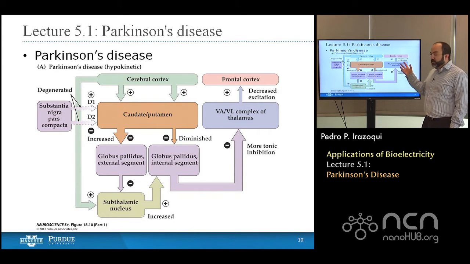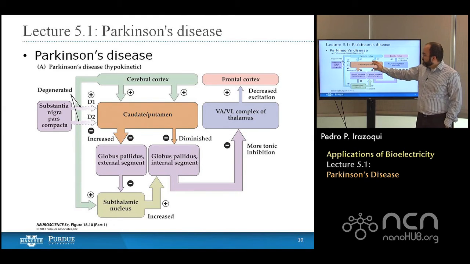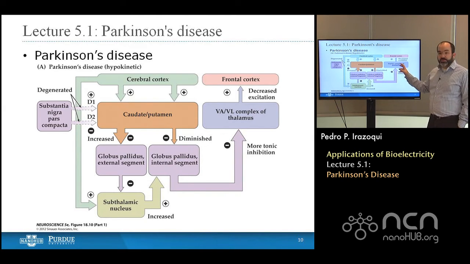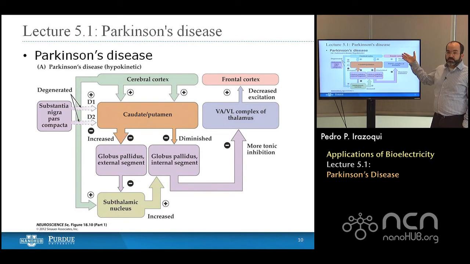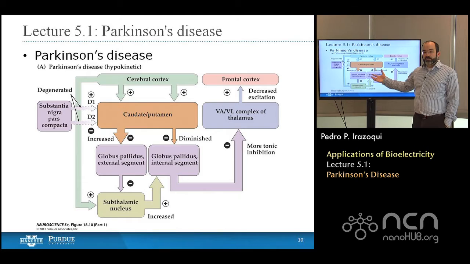Now, as a neural engineer or a biomedical engineer, looking at this problem in the anatomy and trying to devise a solution, what you can begin to think of is you have all of these distinct anatomical structures that have been affected by damage in the medulla, in the substantia nigra. Because of the damage in the substantia nigra, we have this net effect that we observe symptomatically in Parkinson's disease. So how could you come in and overcome this disease?